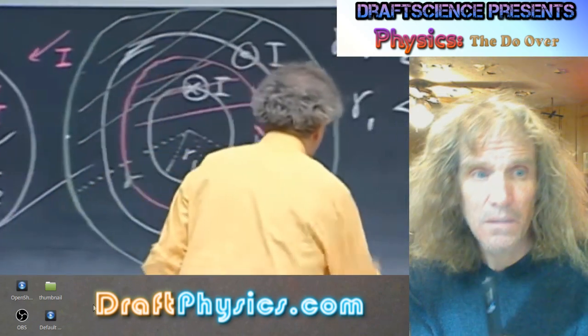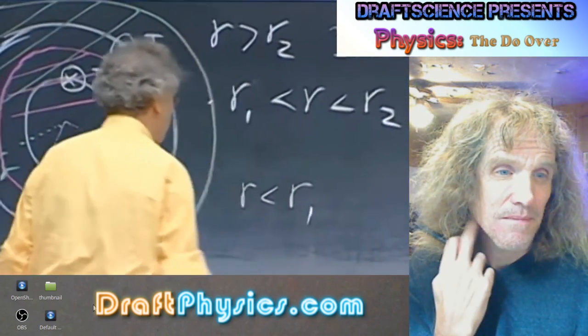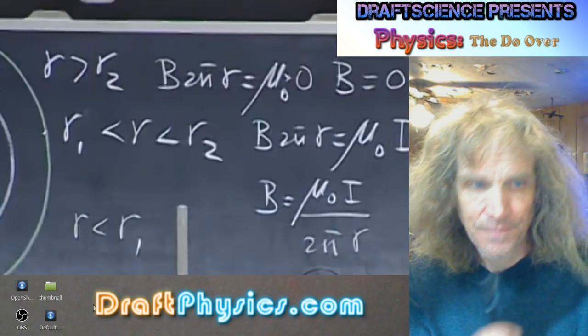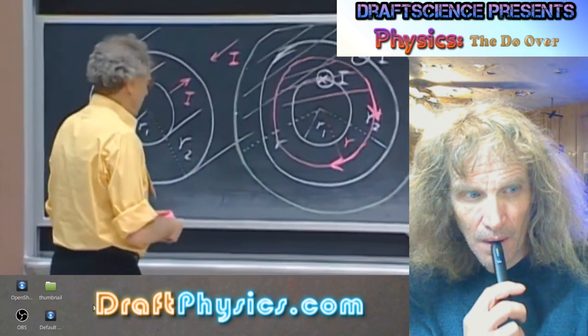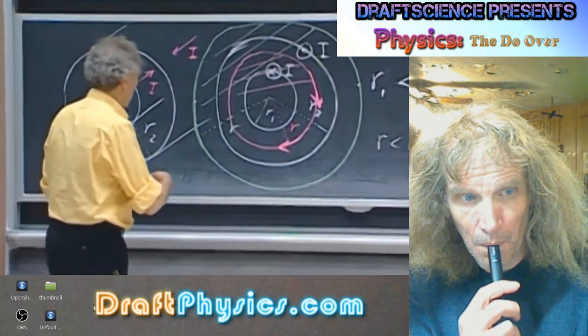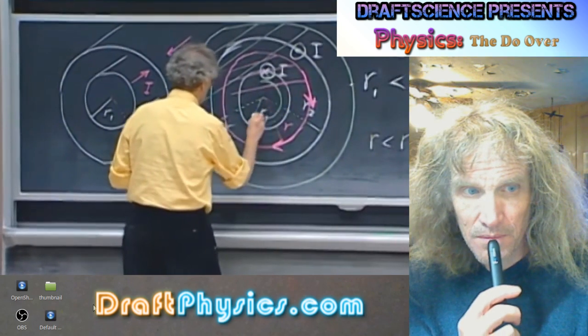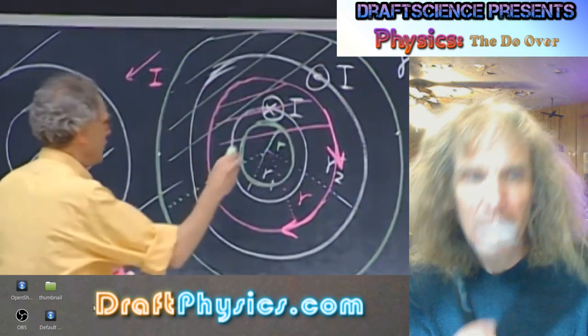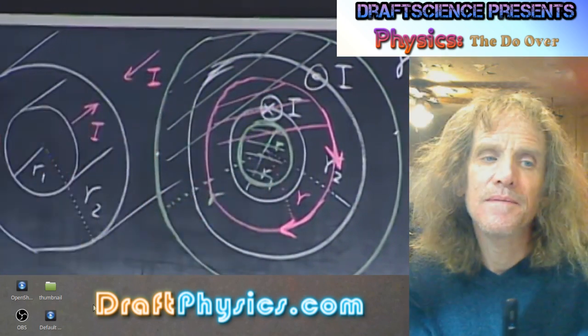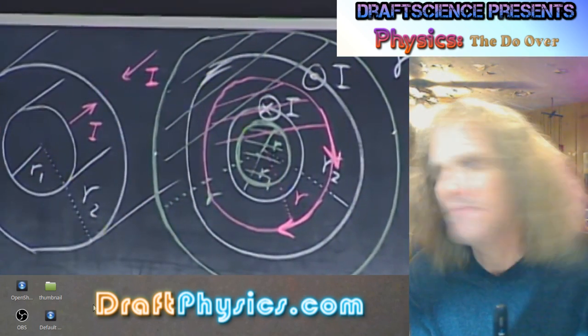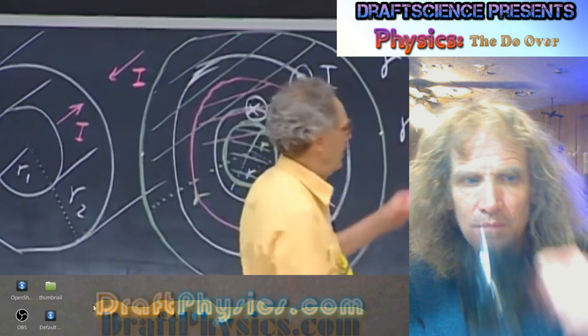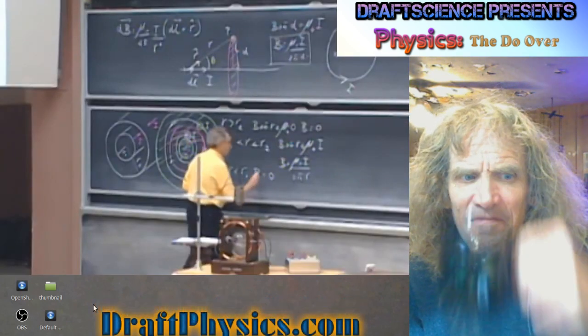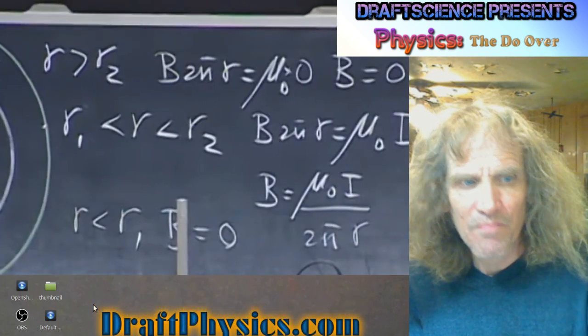So now we can go to the area r less than R1. So that's inside this thin shell cylinder. And again, you would take a closed loop that is a circle with radius little r. And this is your open surface attached to that closed loop. And you will find, for the same reason that you found here, that B is 0 because there is no current going through that surface.